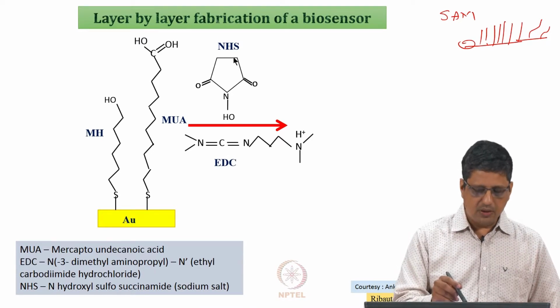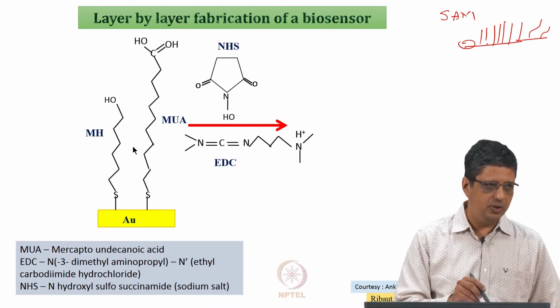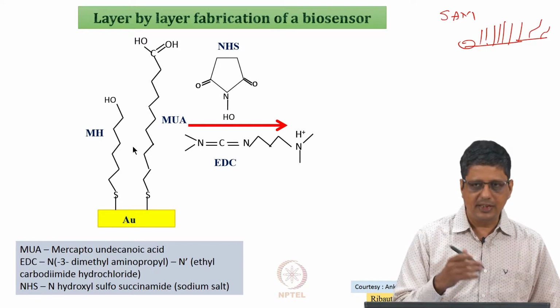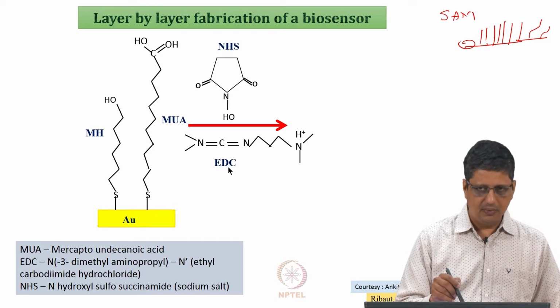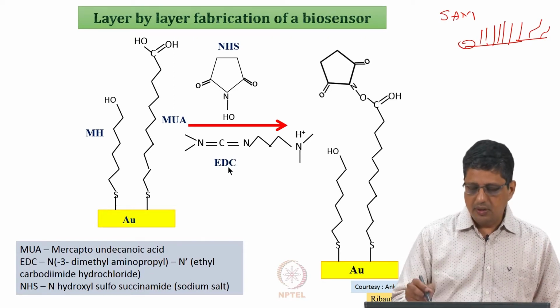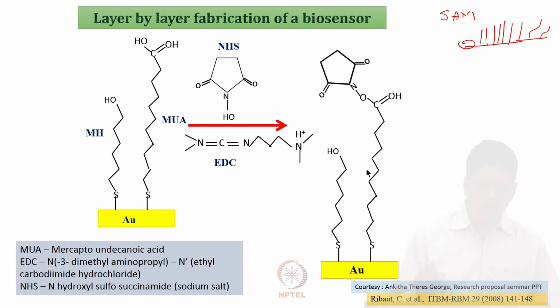In addition, we put two other chemicals. You expose the gold to this for a certain number of hours, 12 hours, 18 hours, 24 hours. It forms a monolayer, and then we expose it to these chemicals for a couple of hours. So, it is not a one-layer glue, it is a multi-layer glue. Antibody can be coupled to this using these chemicals.